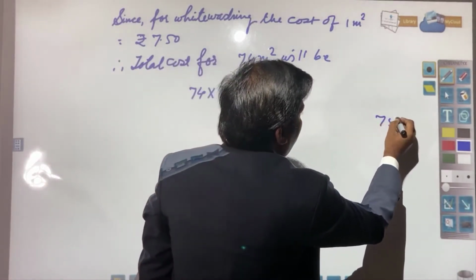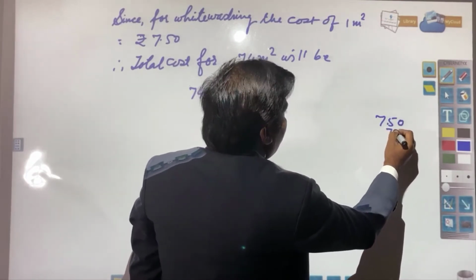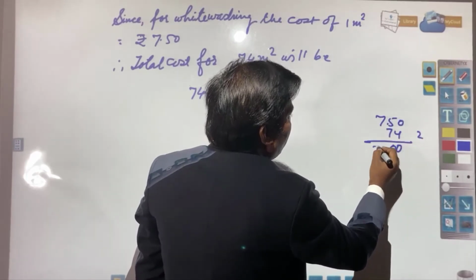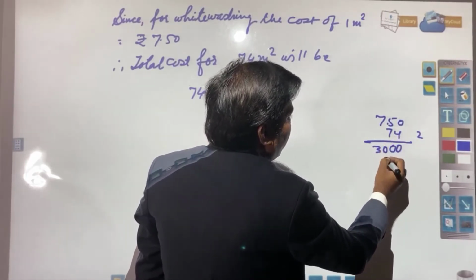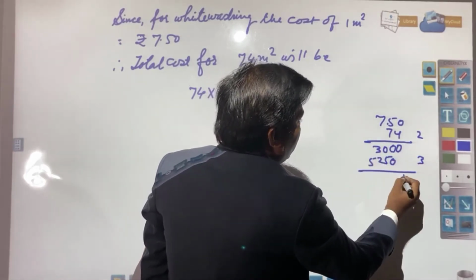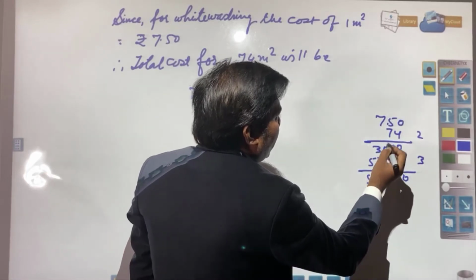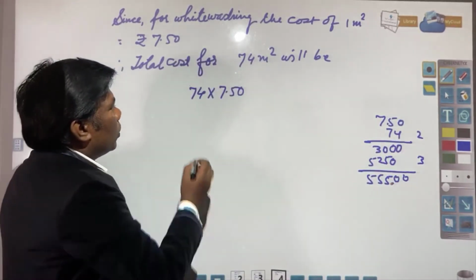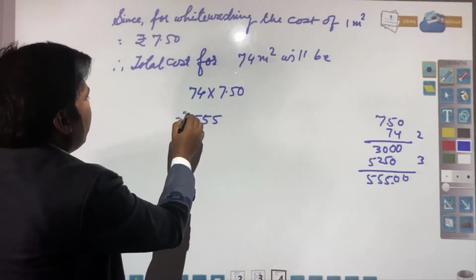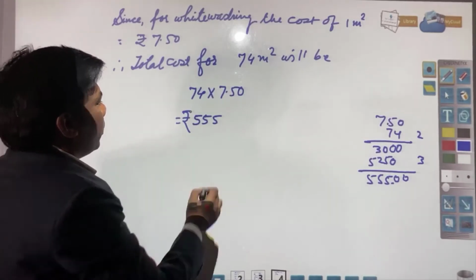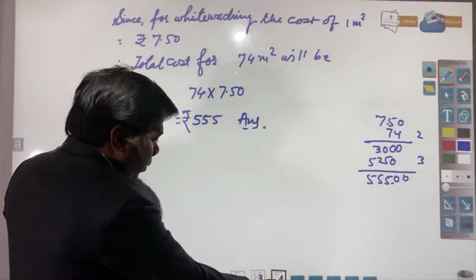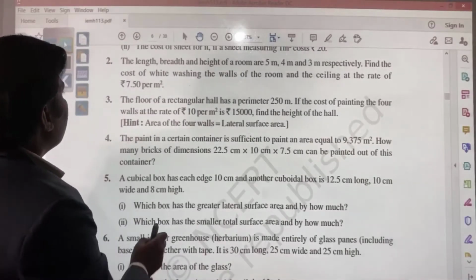So 7.50 and 74. 4 0 0, 4 5 20, 4 7 28 and 2 is 30, 7 0 0, 7 5 35, 7 7 49 and 3 is 52. 0 0 5 5 and 5. The decimal you will be having here. So this you will get 555 rupees. So here you write that will be rupees 555, and this will be your answer. Next question is